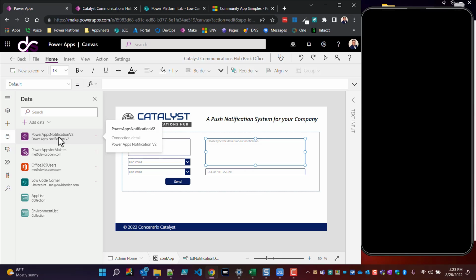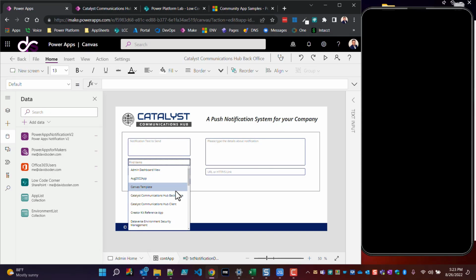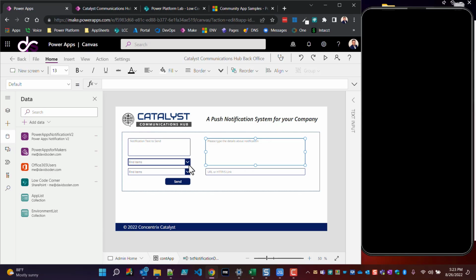So I could use this single back end, and I have a bunch of applications, and I'll hold down the Alt key so you can see the list. These are all of the applications that are in my environment, and there's a whole bunch of them here, right? So with that being said, each application, if I wanted to send a push notification to an application, I have to make sure that